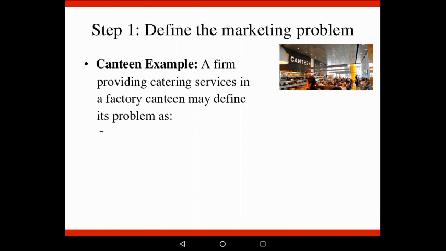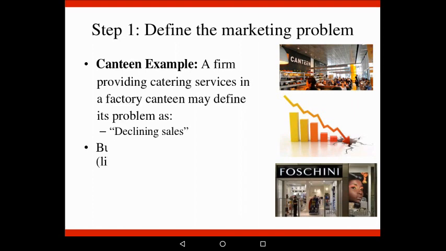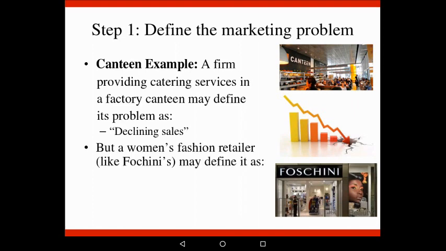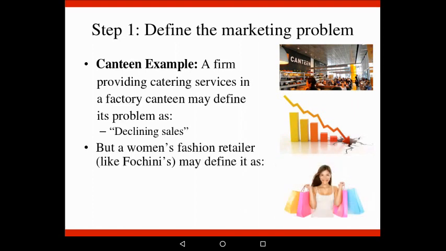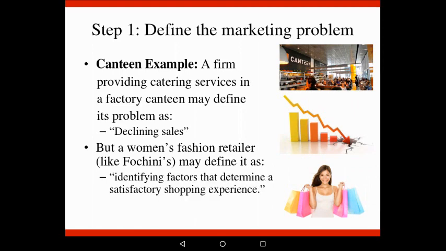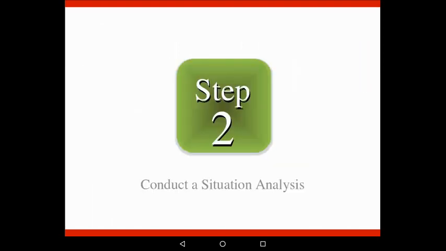Okay, so a firm providing catering services in a factory canteen may define its problem as the following: declining sales. Our sales are declining, that's our problem. We want to increase sales, or we want to figure out why our sales are declining. But a women's fashion retailer like Foschini may define it as identifying factors that determine a satisfactory shopping experience. So you can see their problem statement is a bit more involved. What are the factors that determine a satisfactory shopping experience? Okay,